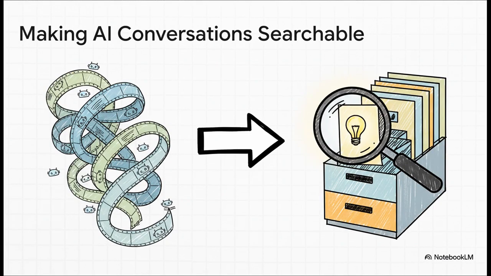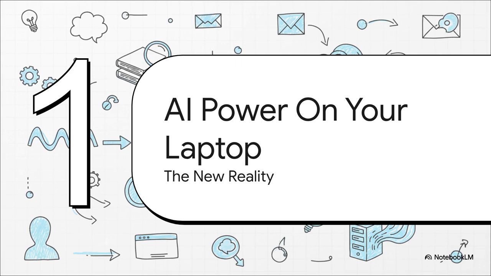And this is fascinating. You can even index your conversations with other AIs. You know all that great advice you've gotten from ChatGPT or Claude? It's no longer lost in some endless scroll. It actually becomes a part of your searchable, personal memory. So, when you put all of this together, what does it really mean? Well, it signals a completely new reality for personal AI, one where the power is truly, finally, in our hands.